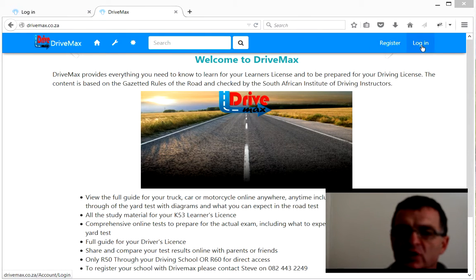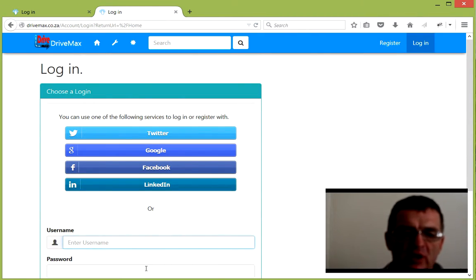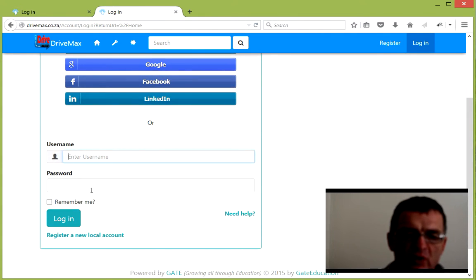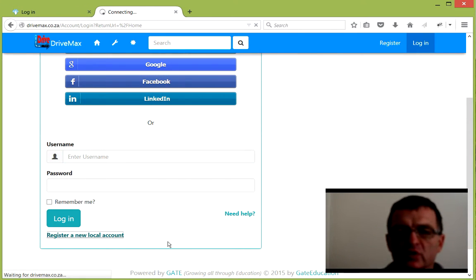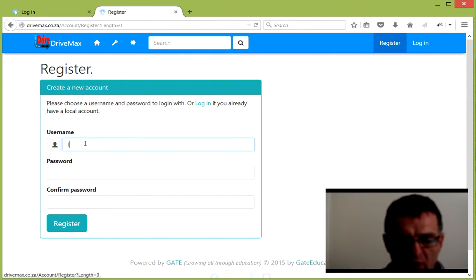To register and to log in is on the right hand side. But if we wanted to go straight into DriveMax, we could click on the little house, but because we aren't registered at the moment, it'll take us to the registration page. There's registration through popular social media sites, as well as registration, and also the ability to register a new account if we wish. Let's take this method of registering a new account, and I'm going to go and register in